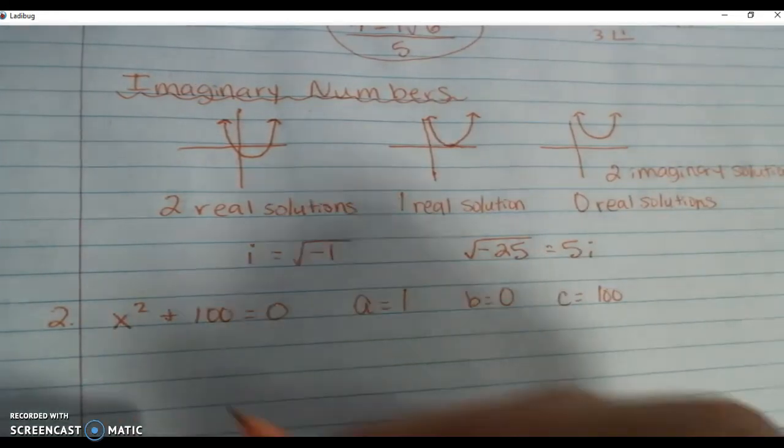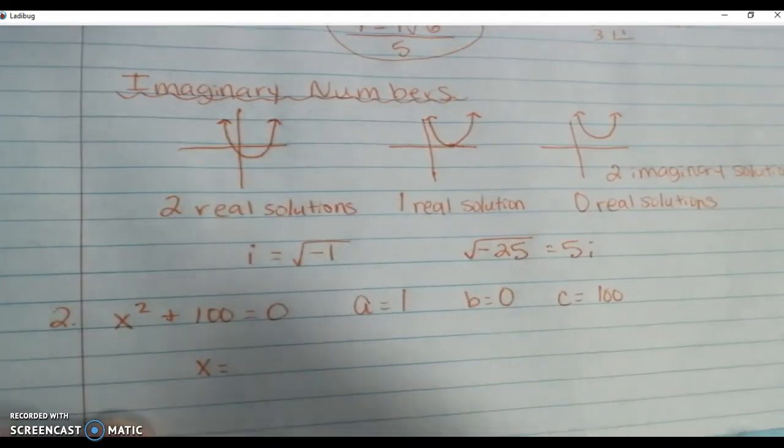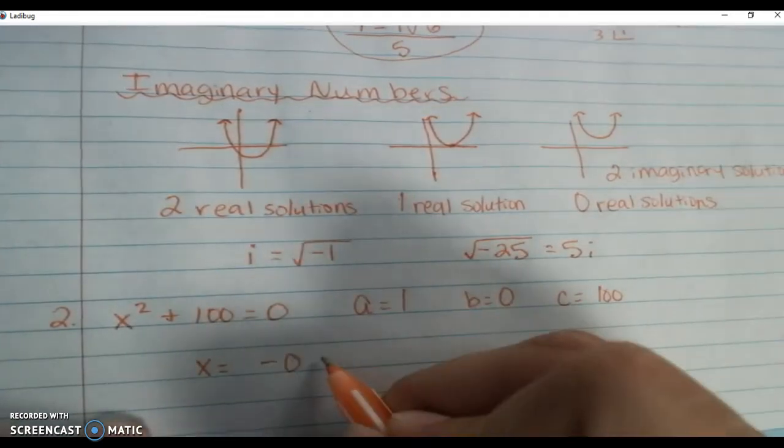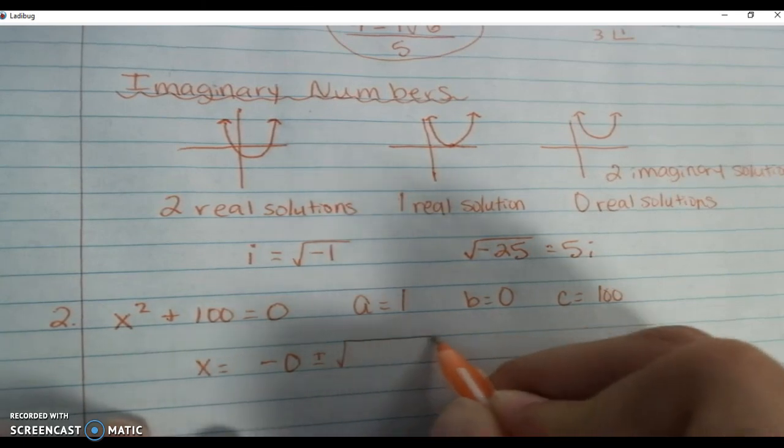Okay. So then we plug it in. So x equals -b, so -0, plus or minus the square root